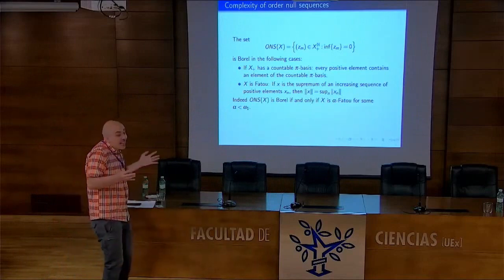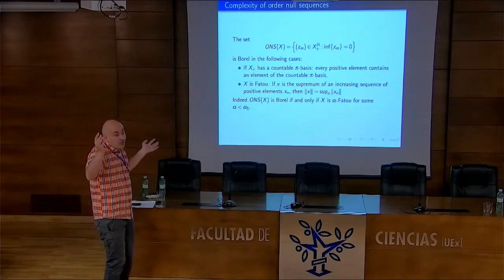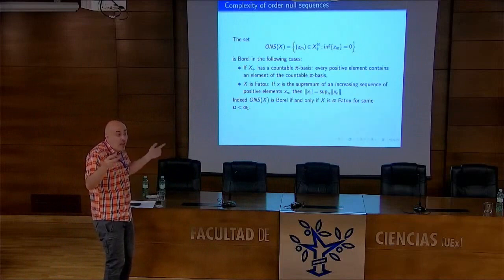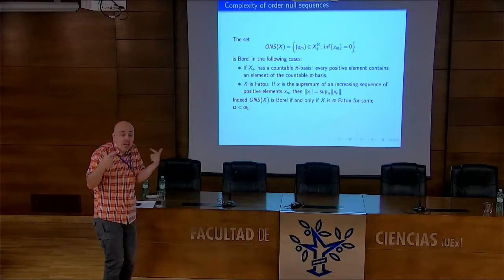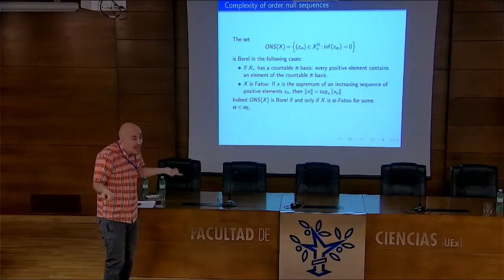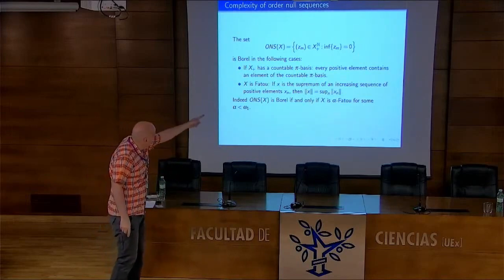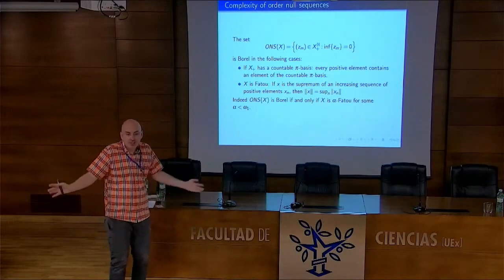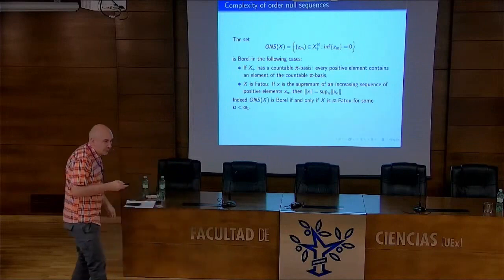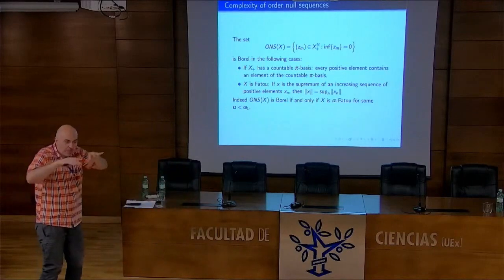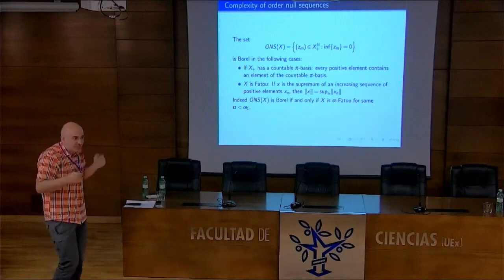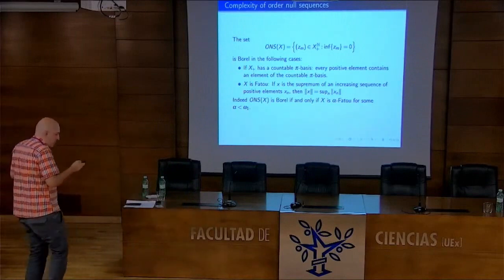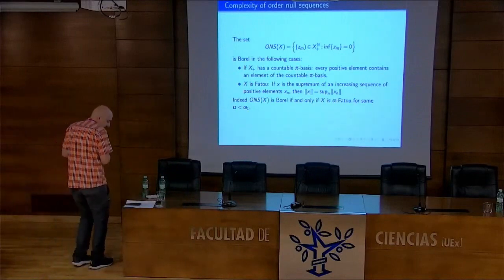But we don't know if this hierarchy covers all Banach lattices. This is the point. We don't know if every separable Banach lattice is alpha phi2 for some alpha. We don't know if there is some Banach lattice for which this set is not Borel. This we don't know. We are not able to put all the bad things in the same space. We are able to produce as bad things as we wish, but each in a different place.